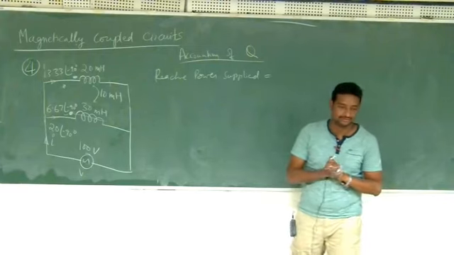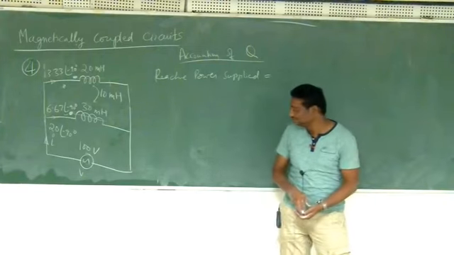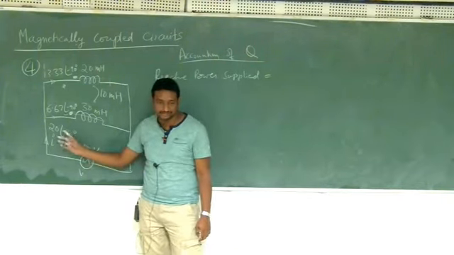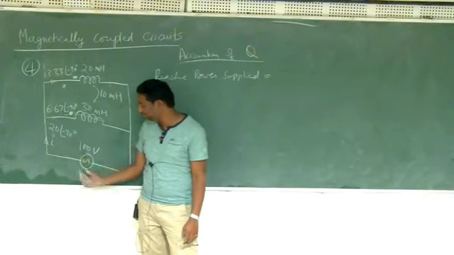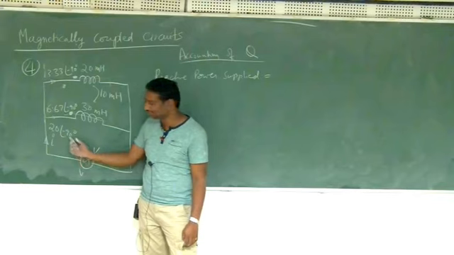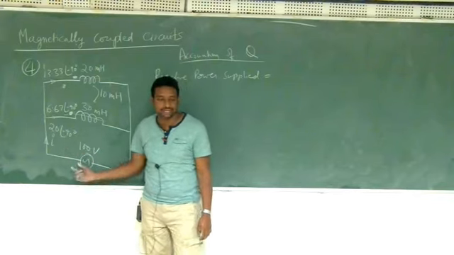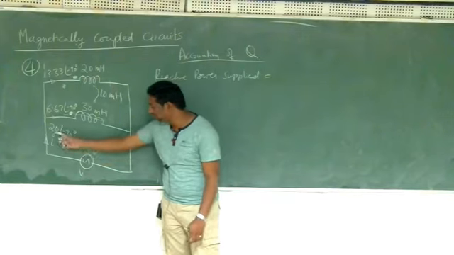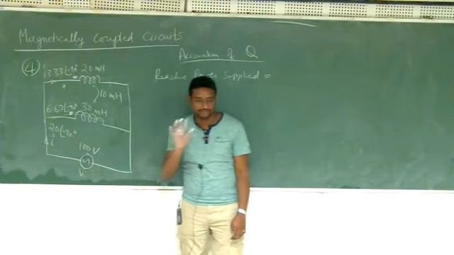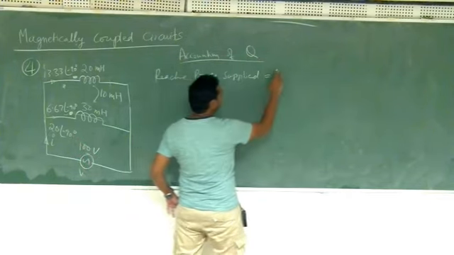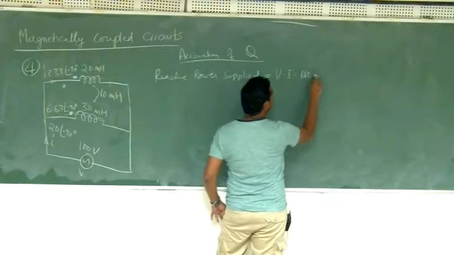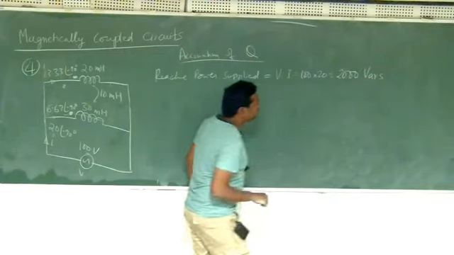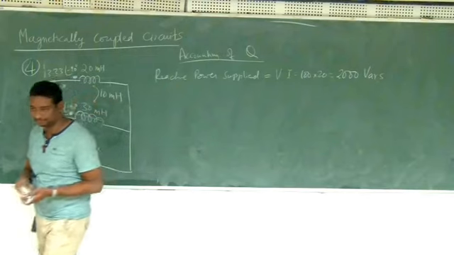So what is power? Voltage into current is power. So the voltage is 100 and the current is 20 and the angle is 90 degrees. So the entire product will be imaginary, because this is J. So the entire power will be reactive power. Our source is supplying 20 into 100 volts, 2000. Total power supplied is V into I, that is 100 into 20, that is 2000 watts. These are lagging watts because it is reactive power.